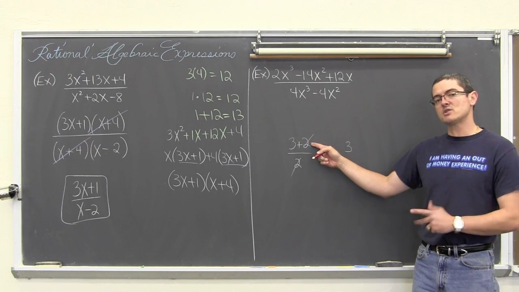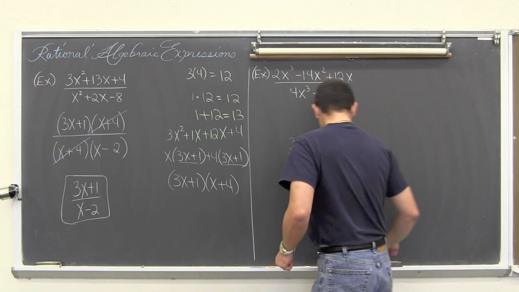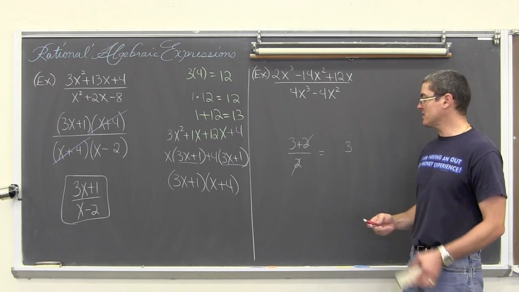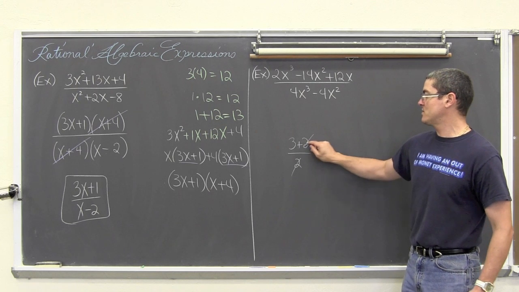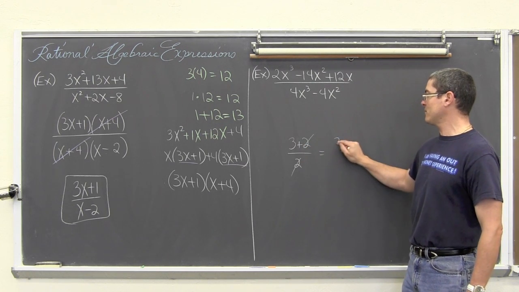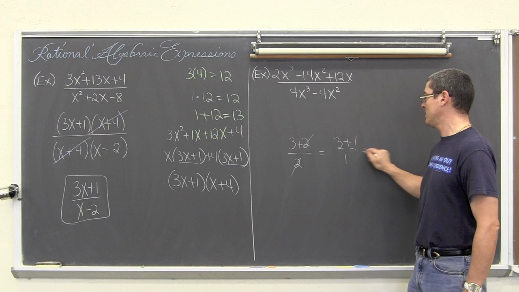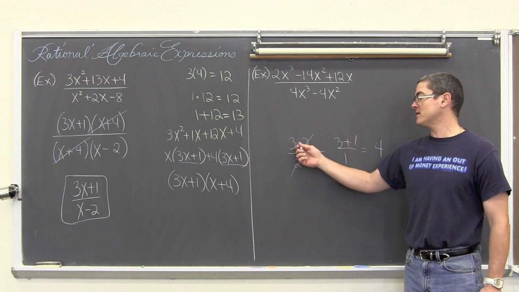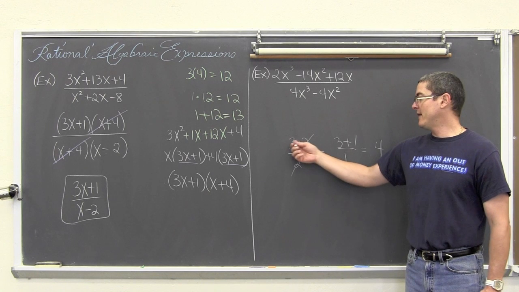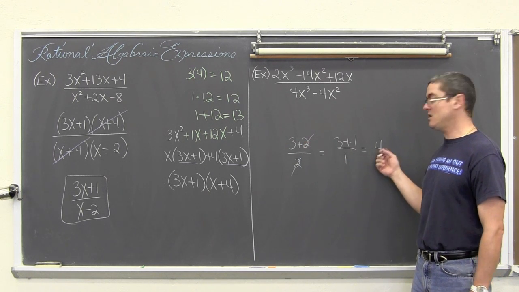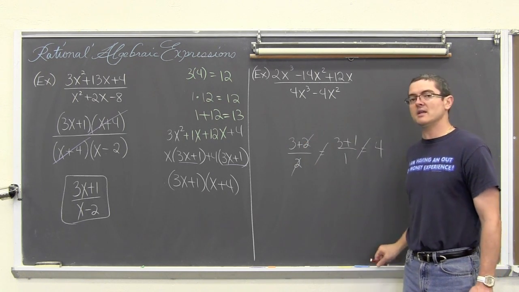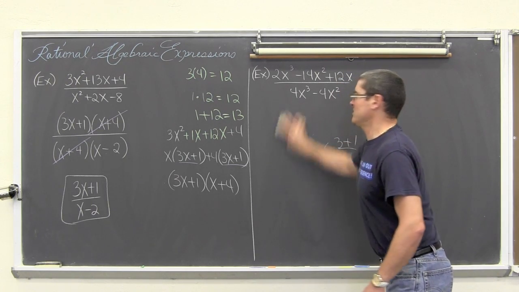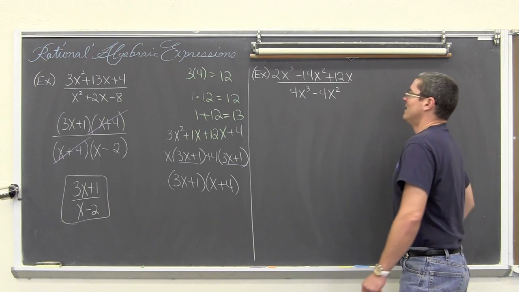would be a term. Addition, subtraction separates your terms. If this were a term, and I attempted to cancel that out, I would get, well, 2 divided by 2 is 1, so I'd have 3 plus 1 over 1, which is equal to 4. And last time I checked, 3 plus 2, which is equal to 5, 5 divided by 2 does not equal 4. So again, do not cancel terms. Okay, can you tell I get students doing that all the time?